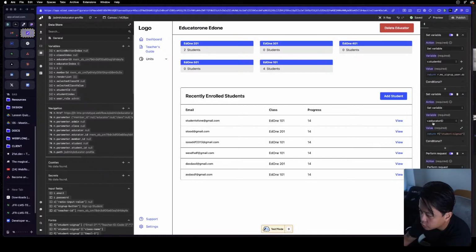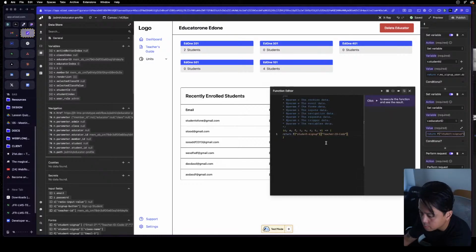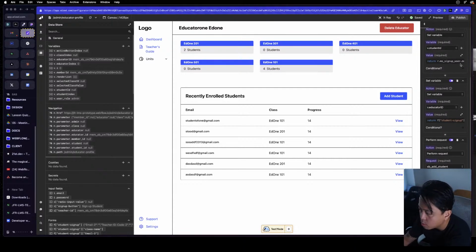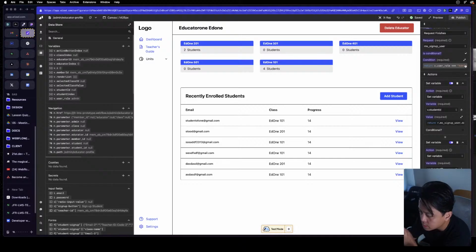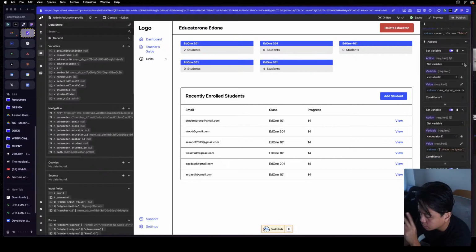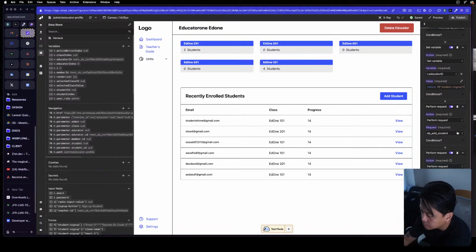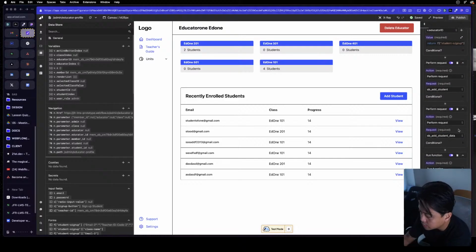Then we set the educator ID as well, based on the form of the teacher ID code, which will be the teacher's ID, educator 1, ed 1. Now we have student ID and we have educator ID. Great. Now we perform a request to add the student. We add the student data,